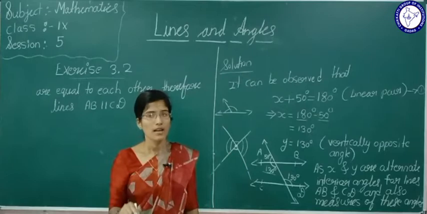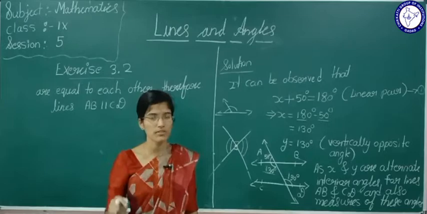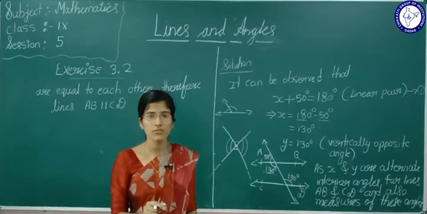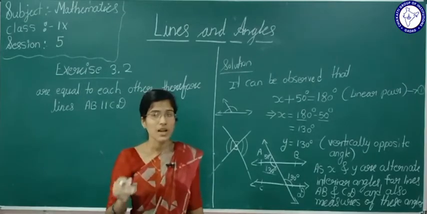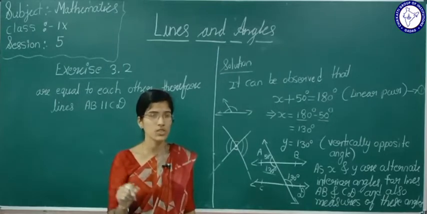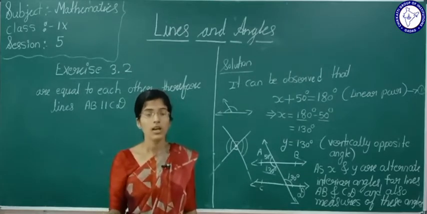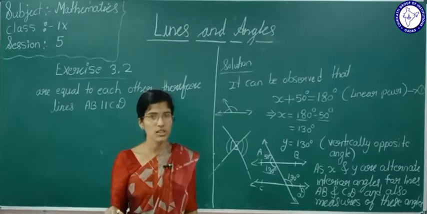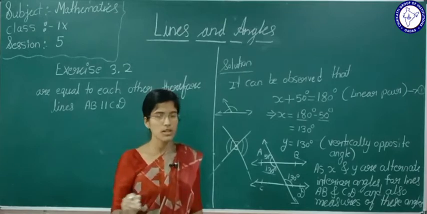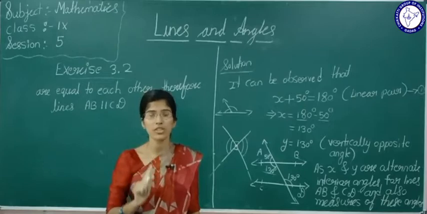That's why you have to be thorough with the theorems and definitions, whatever we have discussed in the last class. If you know the theorems and if you know the definitions, the lines and angles chapter is very easy. Okay, if you don't know the theorems and the definitions, dear students, it is very difficult to solve the problems. Be thorough with some basic definitions and the theorems. Afterwards you can solve the problems by yourself, without practicing also, only when you know the definitions and theorems.